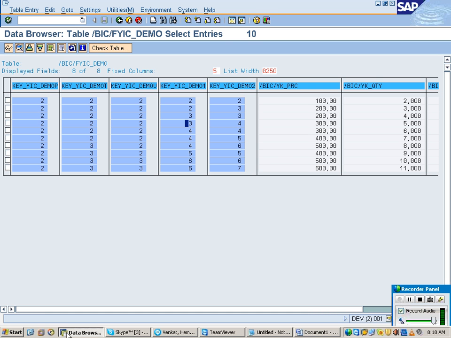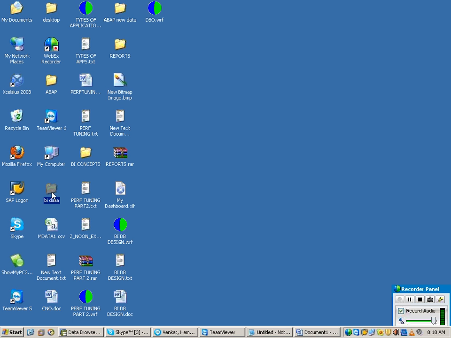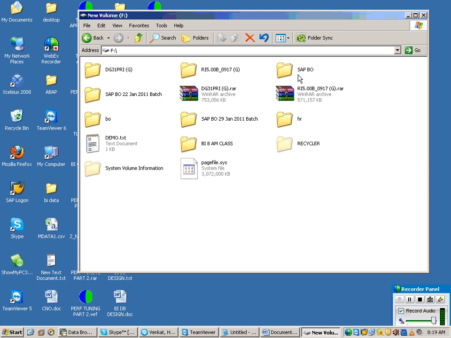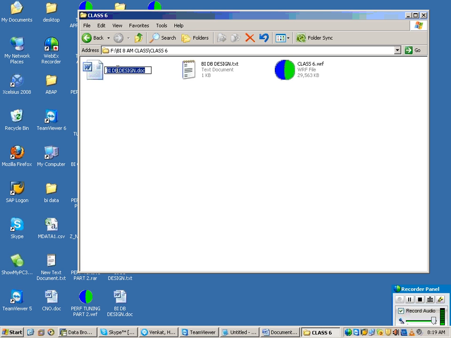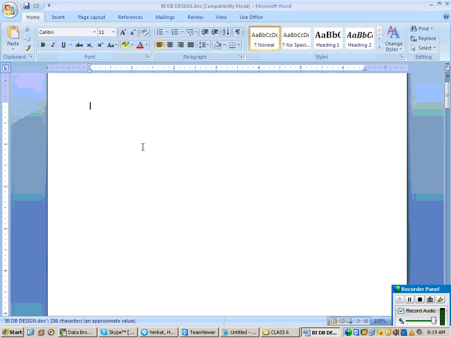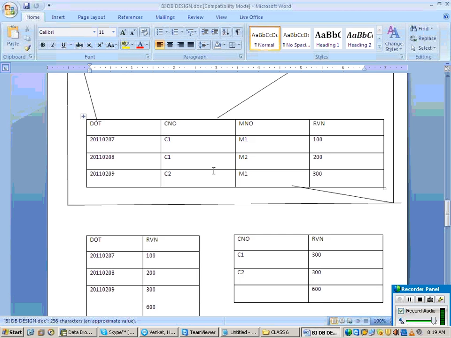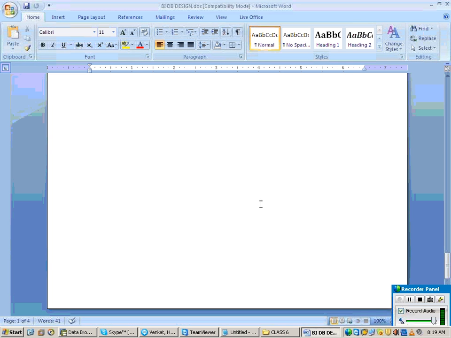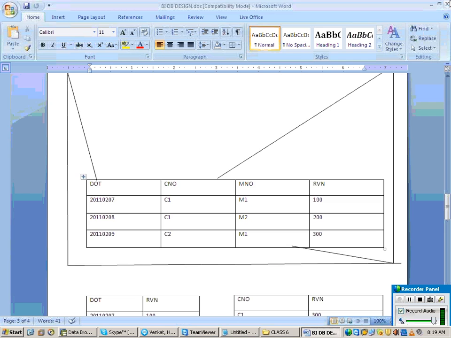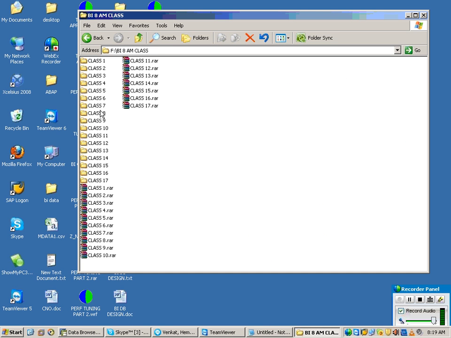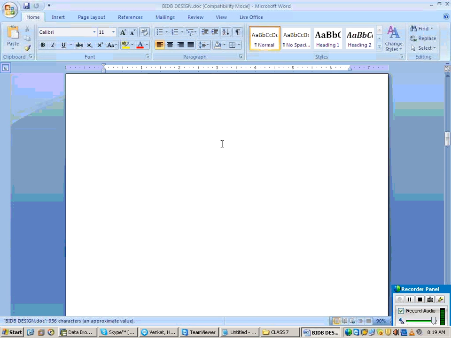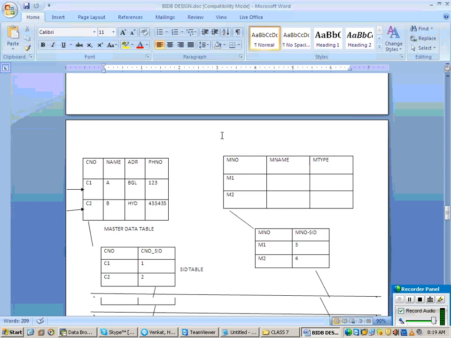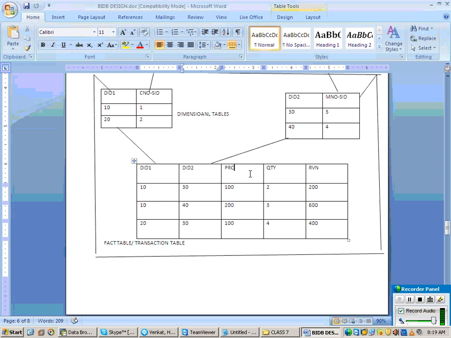But can you understand now these values? Now let us say I have caught the dimension IDs. Now this is exactly how it is.